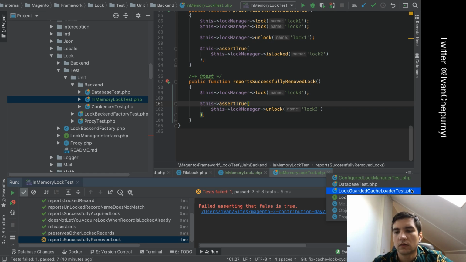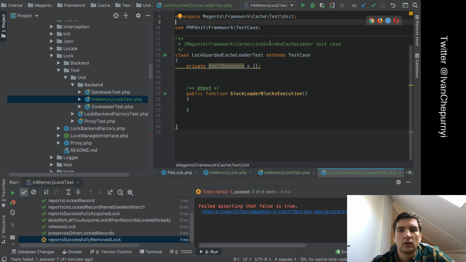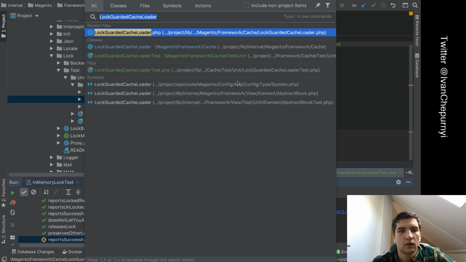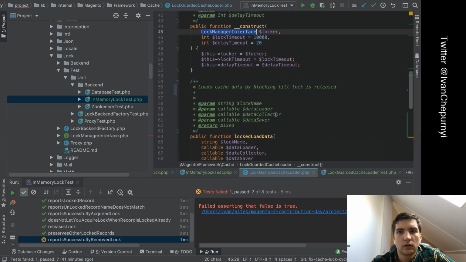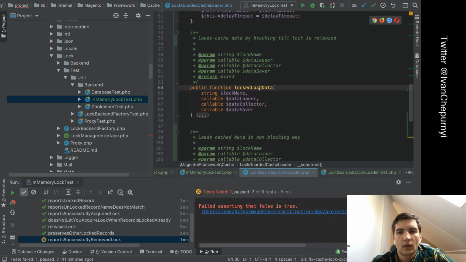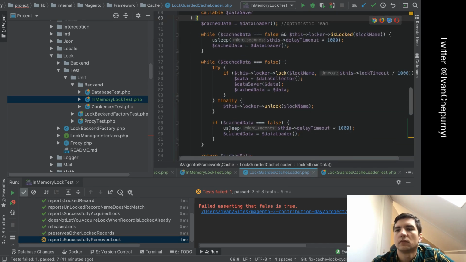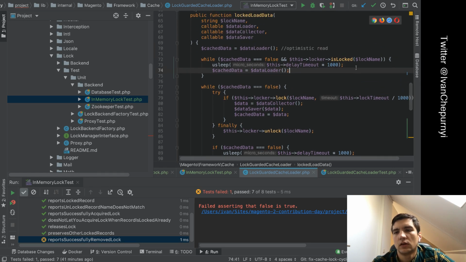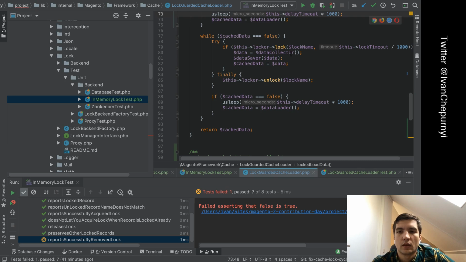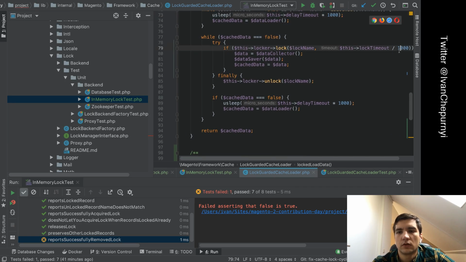So there is this LockGuardedCacheLoader class. This is something that they introduced in 2.3, at least in the develop branch. There's a method called lockedLoadData that keeps waiting for a released lock until the cached data gets available. It then tries to acquire a lock, then it looks through the data collector itself,